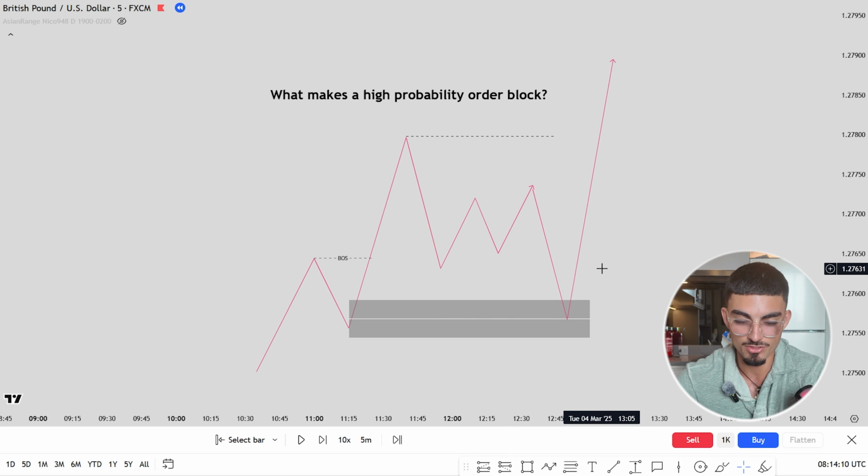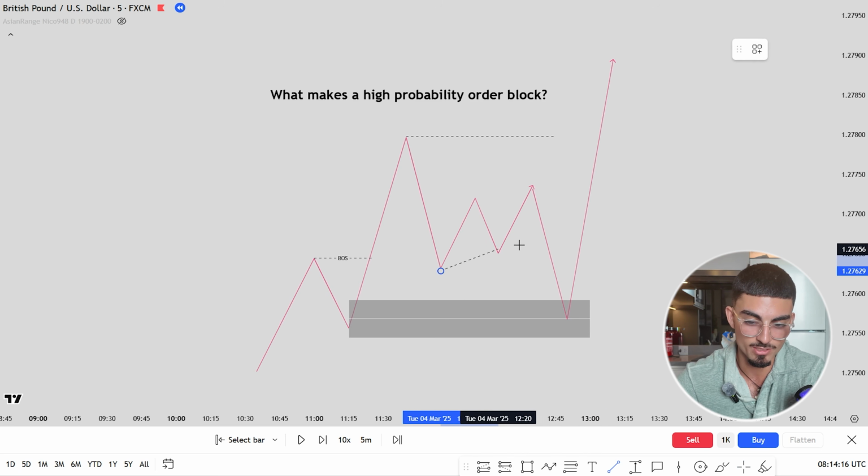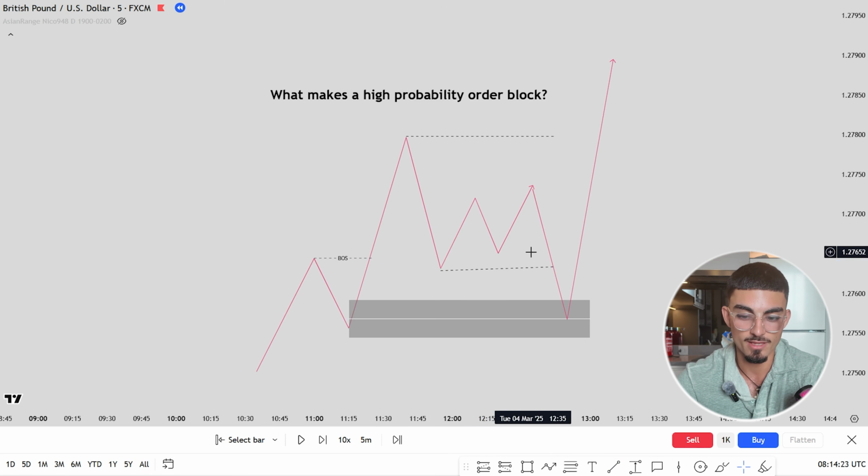Okay. Now, in addition to avoiding this loss here, this position here is actually way stronger because we've now taken out liquidity from this trend line, right? All of these guys who were selling here, or sorry, buying here, they've now been taken out. And then this position from this order block down here, which gave us the break of structure, is so much